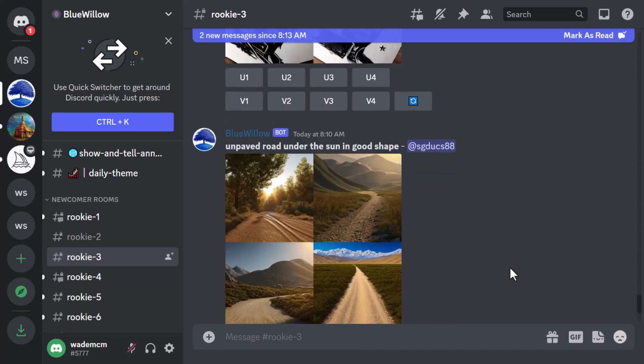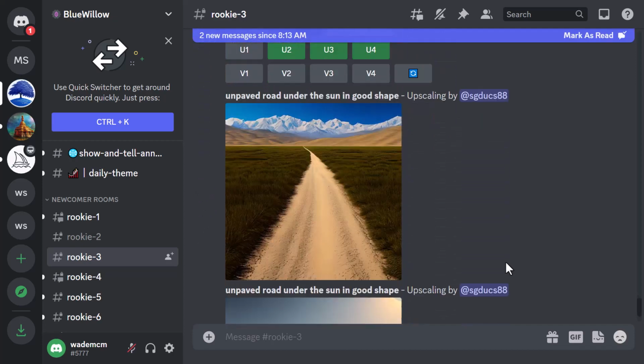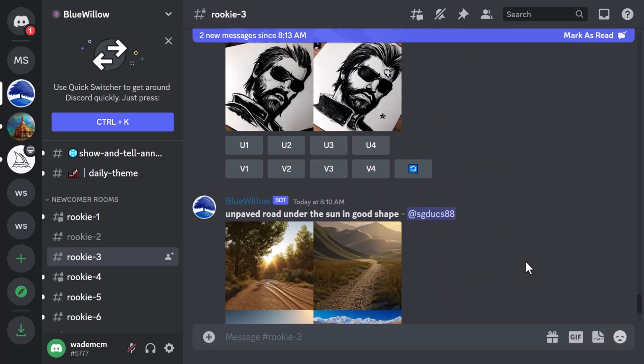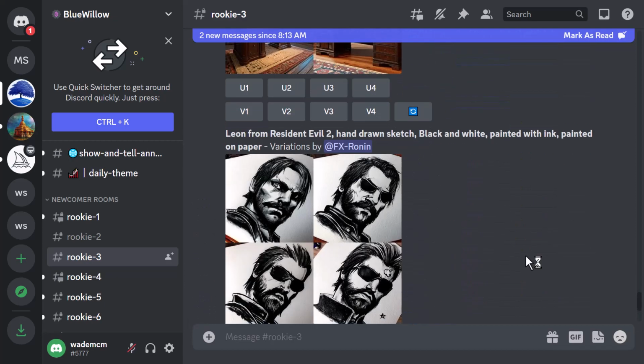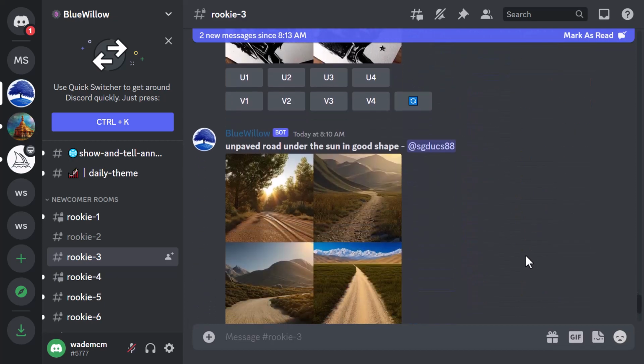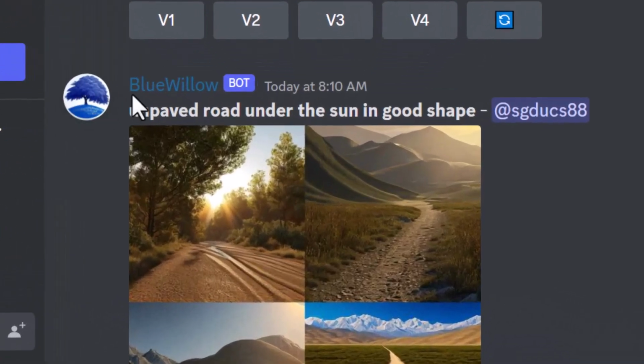If you want to avoid all the noise of the Blue Willow chat rooms when you're creating your AI art on this new Blue Willow platform, you can actually just message the bot directly. And here's how you do it. You want to bring up a generation where you can see the Blue Willow bot name, and you want to click on that